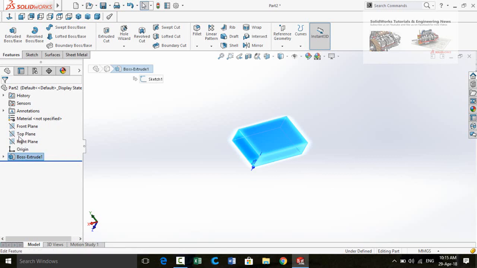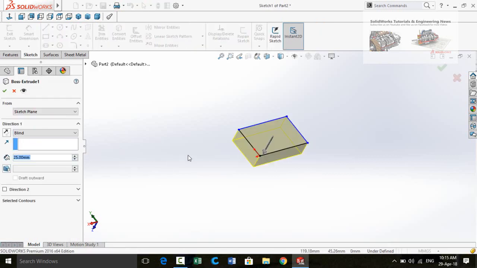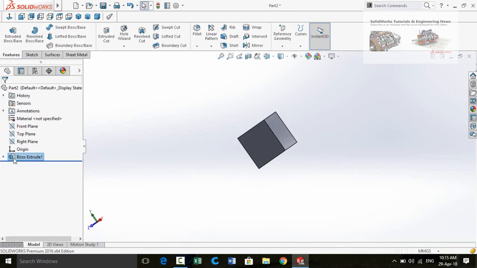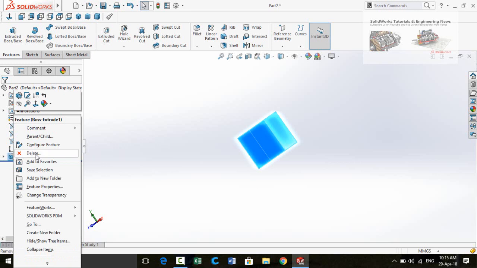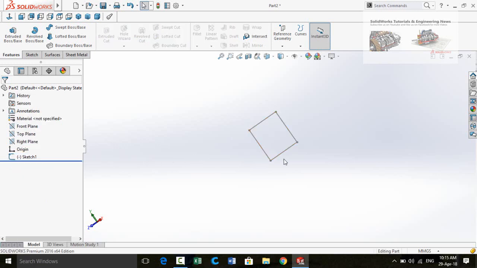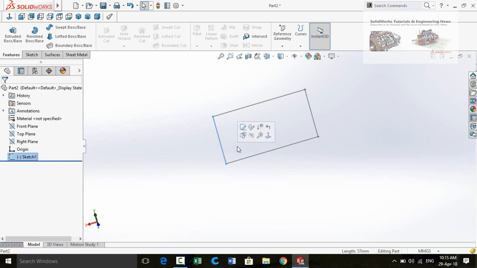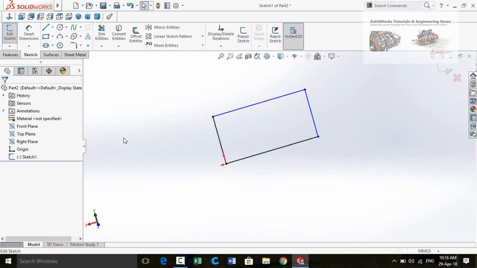If you click edit feature, then from here you can edit it. Now if you want to delete it, just right click on it and then select delete. If you want to edit this sketch, you can either click and then edit it from here, or you can also click on the left side here on Sketch1 and then edit it.